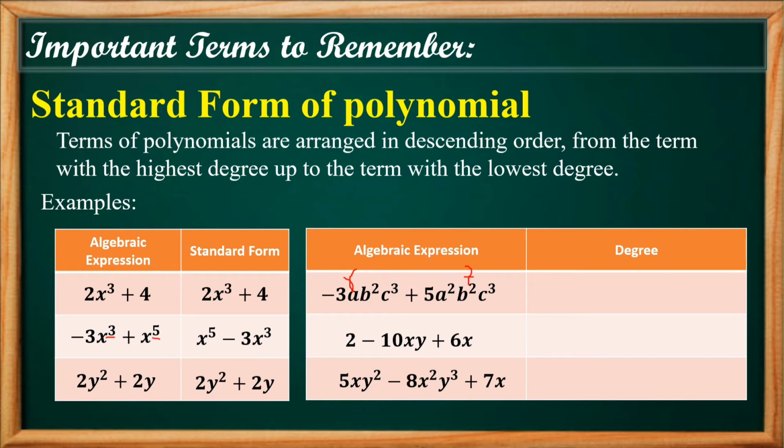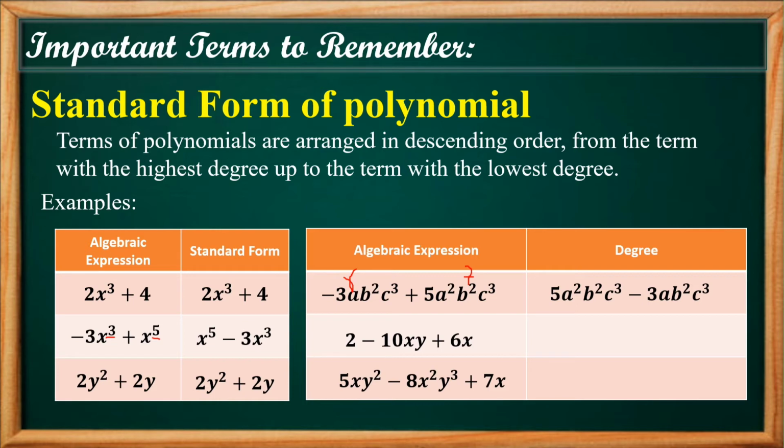Alin ang mas malaki? Si 5a squared b squared c cubed. Then, siya yung unang isusulat natin, followed by the negative 3ab squared c cubed. Therefore, it is minus 3ab squared c cubed. Okay, yun siya. Next, we have here 2 minus 10xy plus